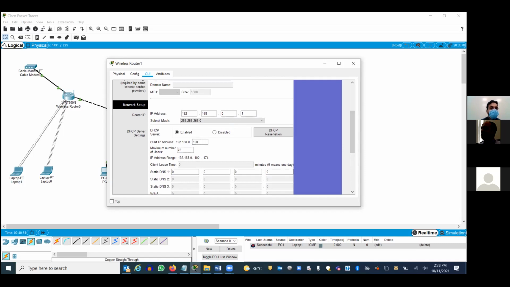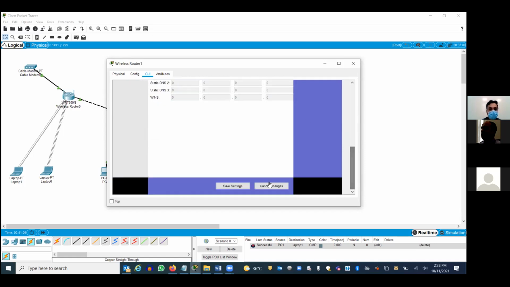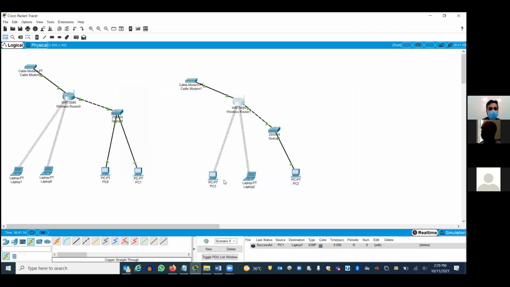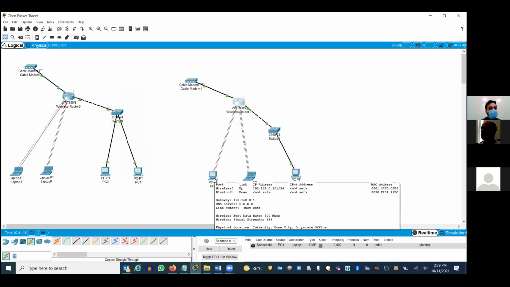I know the first IP address will be 100. In this scenario, I can disable DHCP also. If I disable DHCP, what will happen? You won't get any IP address from the router. But in this scenario, we have to manually specify the IP address.